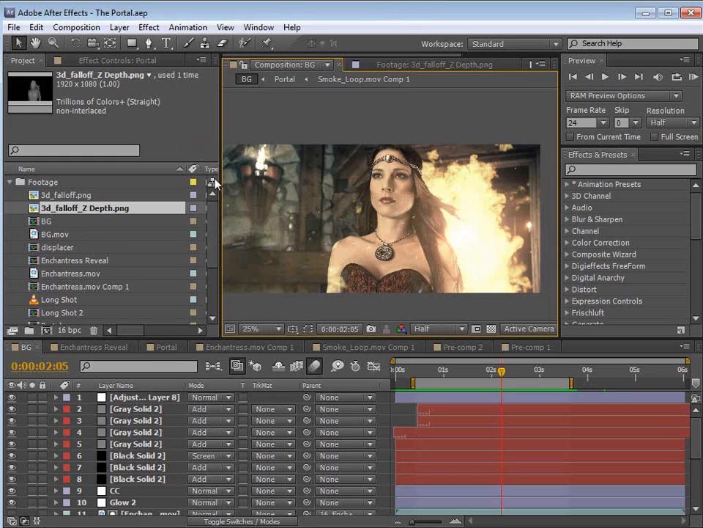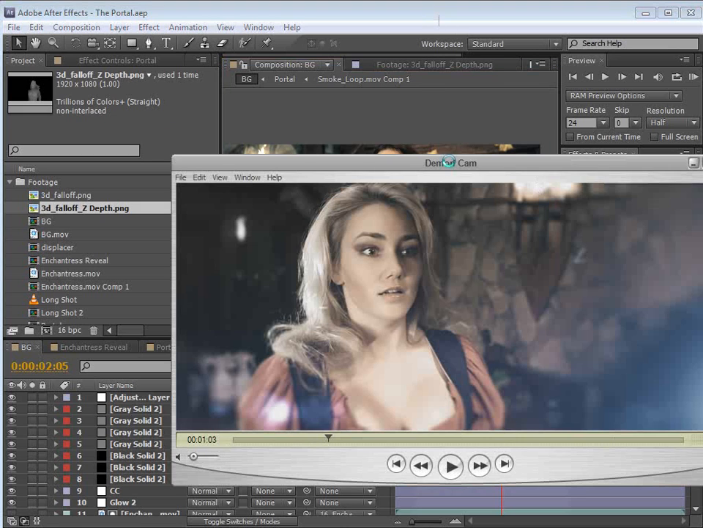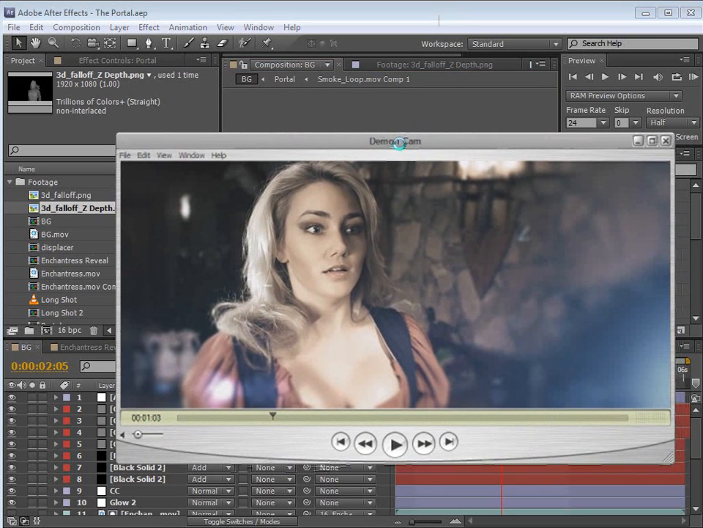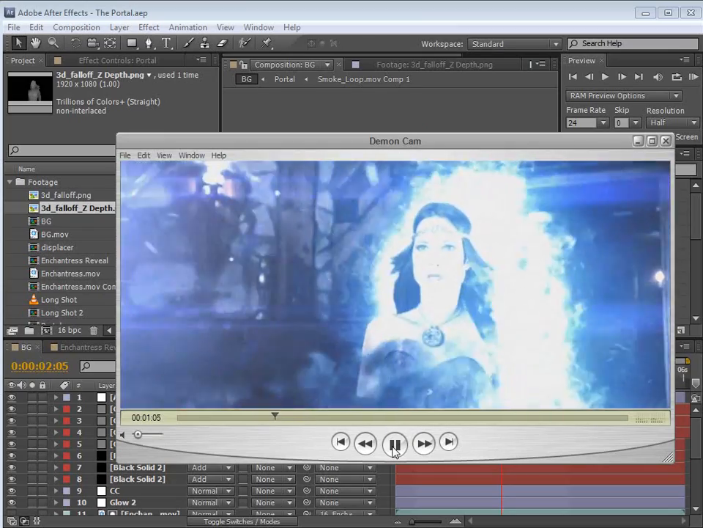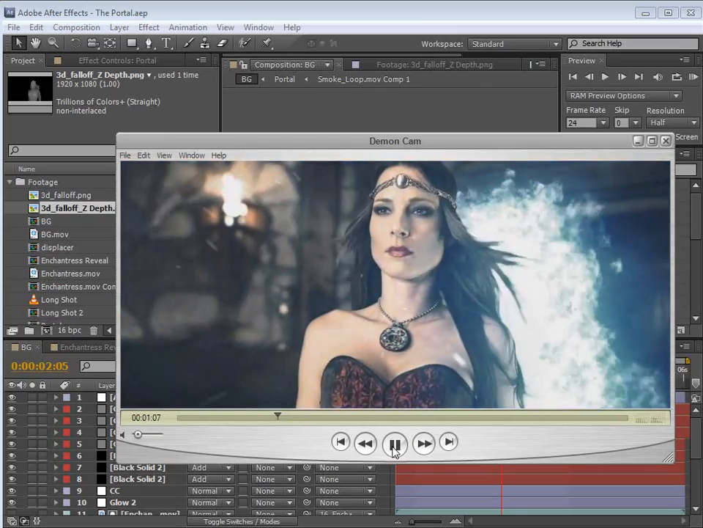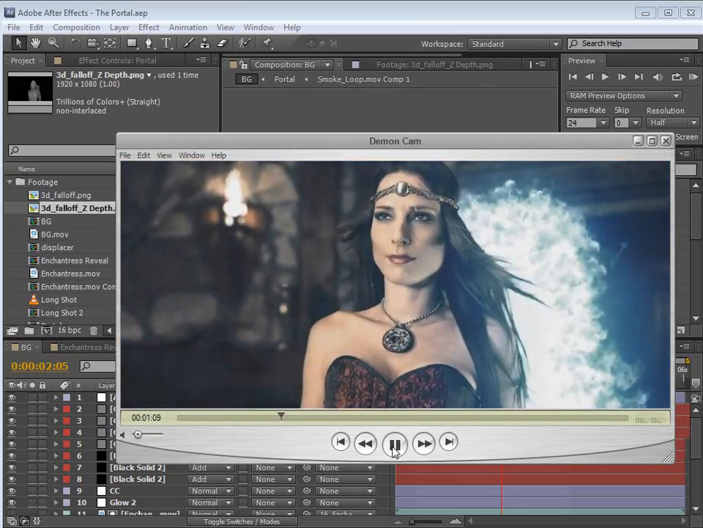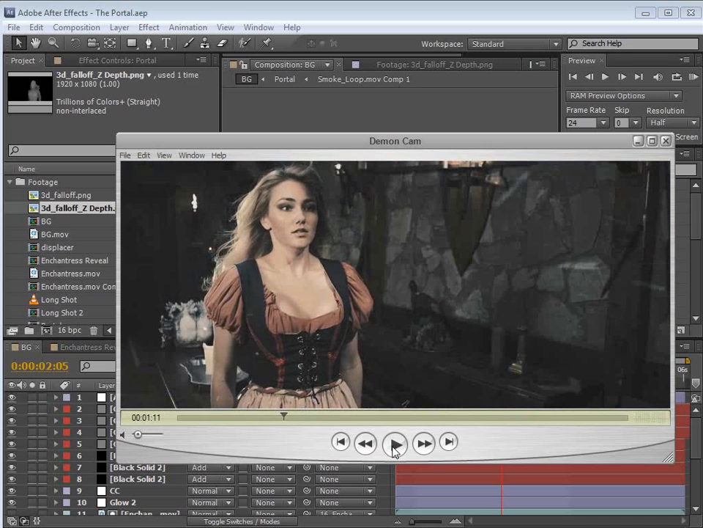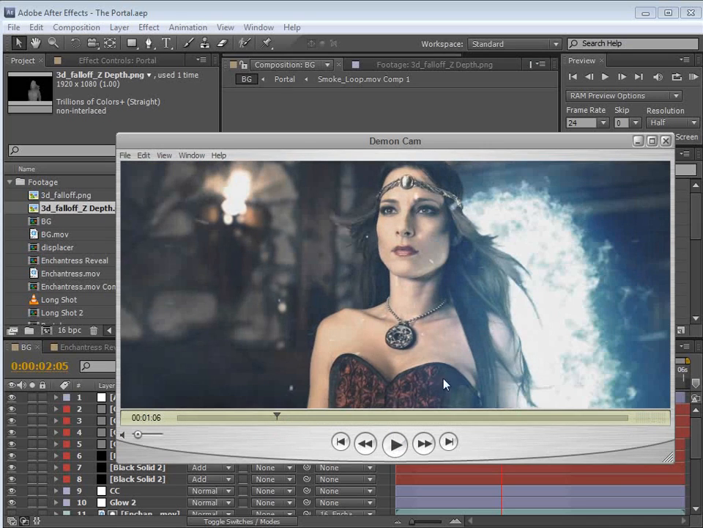So let me show you what we're going to be creating. A little bit of background information. We created a little promo video called Demon Cam. So let's take a look. And basically, this portal opens up, and this enchantress comes out, and it's this crazy shenanigans, all for an iPhone